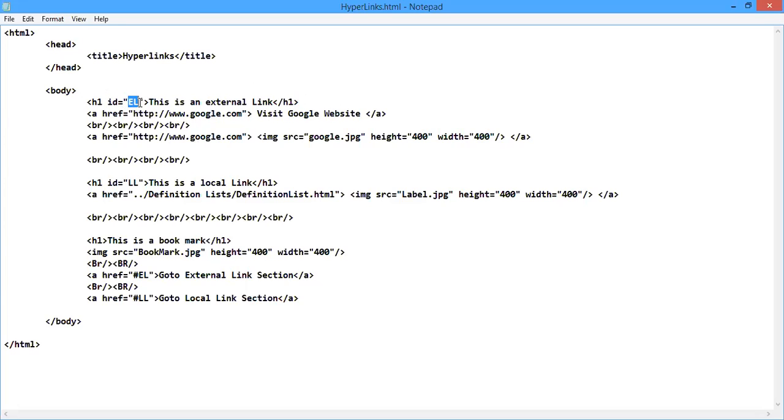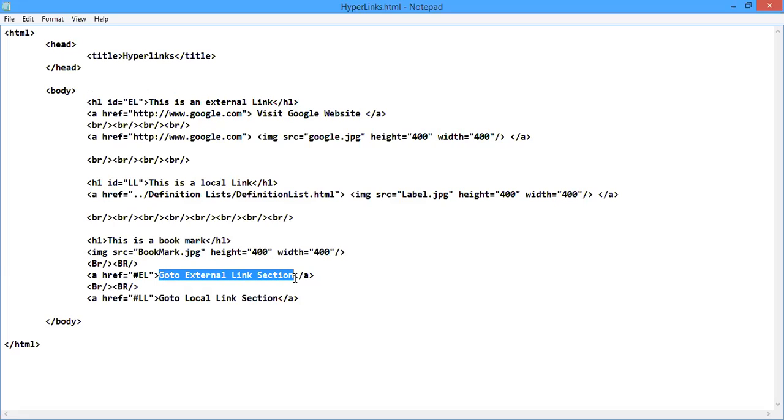You can set this attribute value to any value as you wish, but make sure whatever value you use here, you have to use it there with the hash symbol. In that way it will link these two locations. This location will be linked to that location through this ID value.